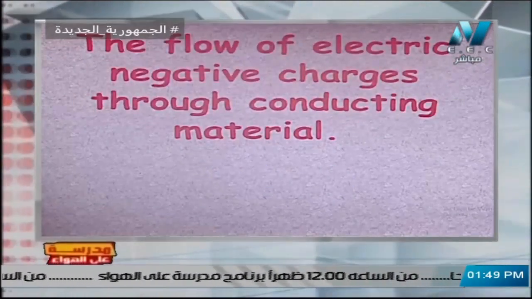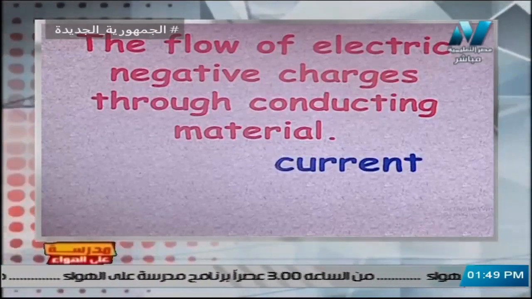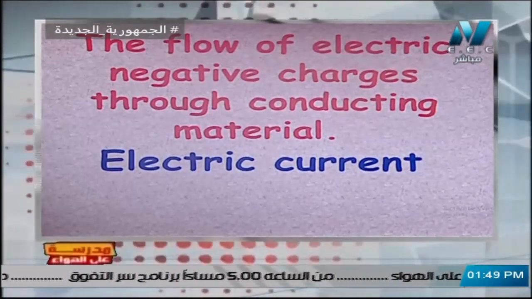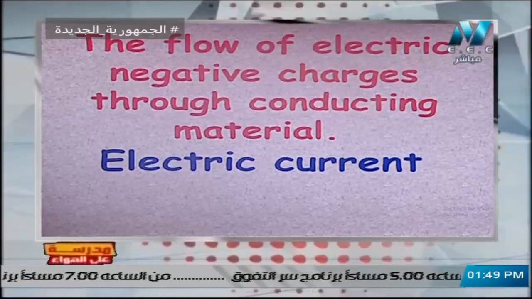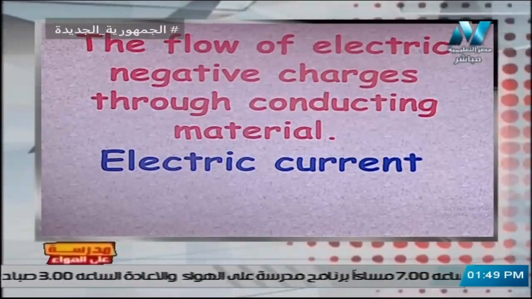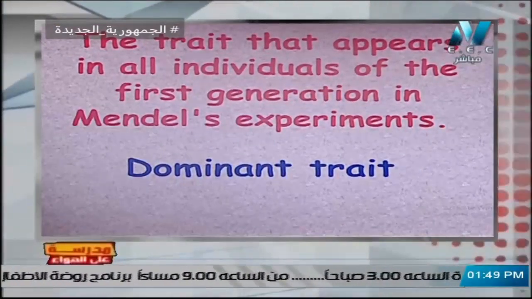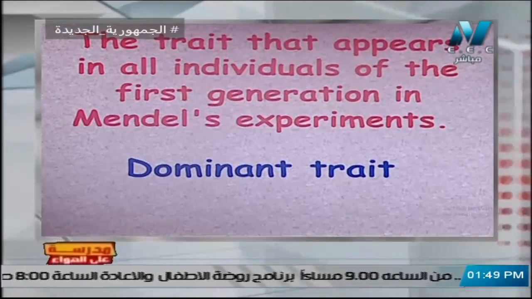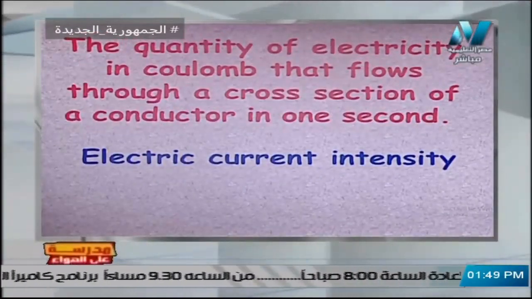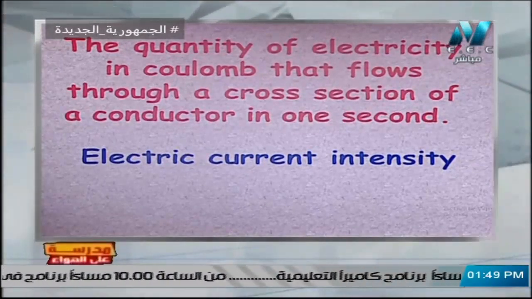The flow of electric negative charges through a conducting material will be the electric current. The trait that appears in all individuals of the first generation will be the dominant trait. The quantity of electricity in coulombs that flows through a cross section of a conductor in 1 second